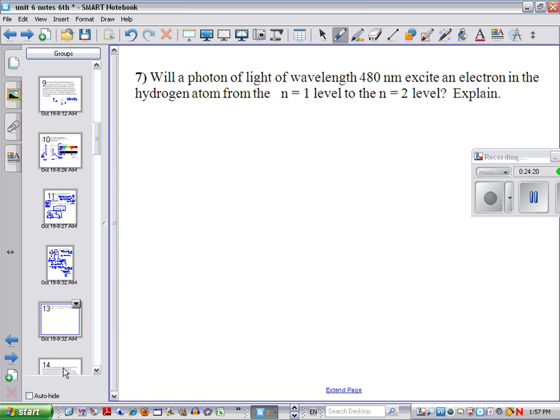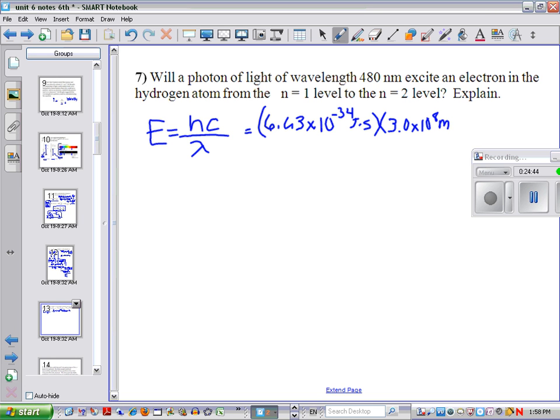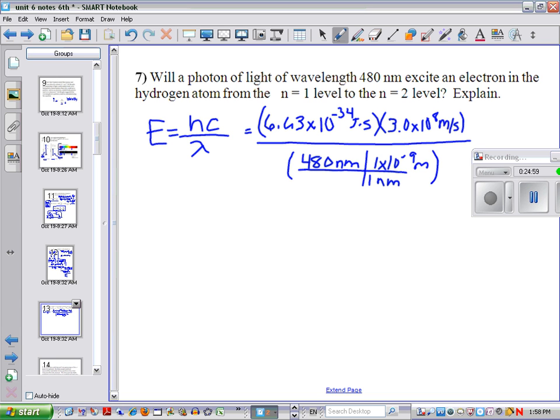So we need to figure out how much energy we have and how much energy we need. So first we're going to calculate how much energy we have. We're going to use energy equals Planck's constant times the speed of light over the wavelength. 6.63 times 10 to the negative 34 joules times second times 3.0 times 10 to the 8th meters per second, all divided by our wavelength, which is 480 nanometers. So we need to make sure we convert that. 480 nanometers, 1 nanometer is 1 times 10 to the negative 9th meters. And when we plug that into our calculator, we get,